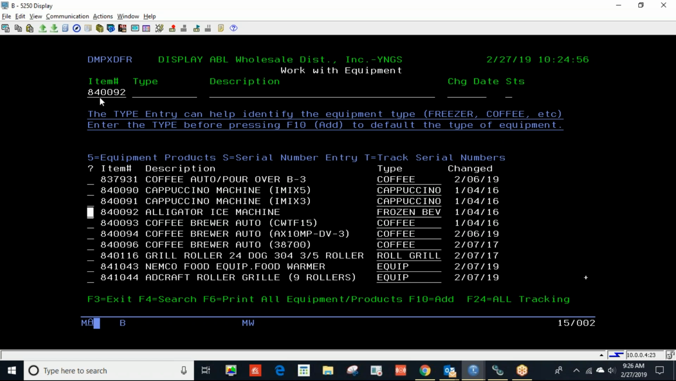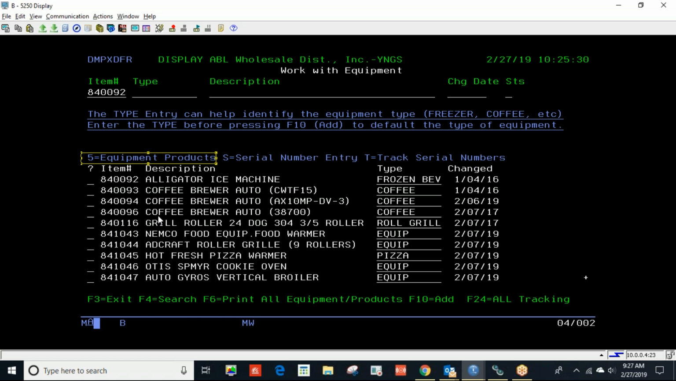So to get rid of some equipment, or items, a 5 will bring up the list of things that are associated with that alligator ice machine. Okay. And now remember, the associated products are for ABL as a whole. For alligator ice, it's not just specific to one store. It's just everything that's eligible. Right. But to remove something